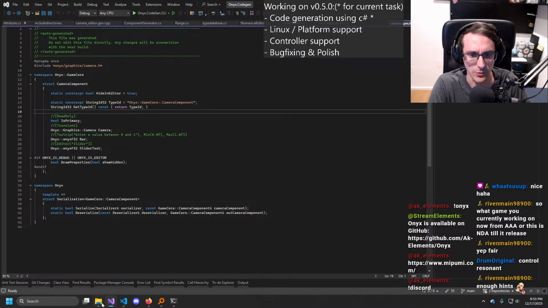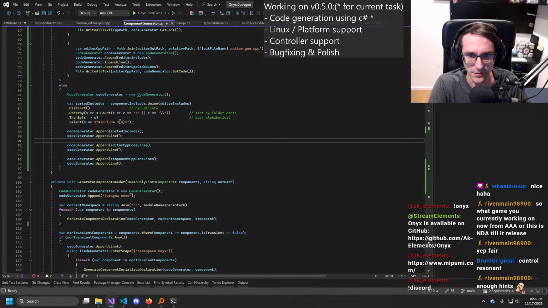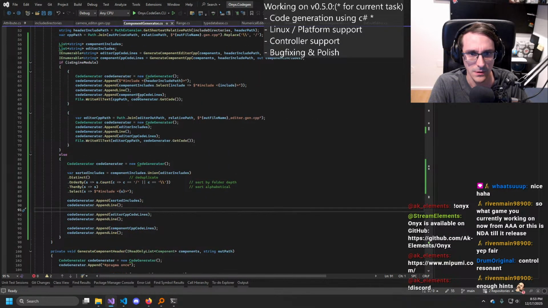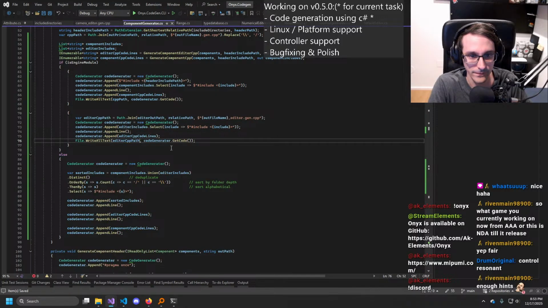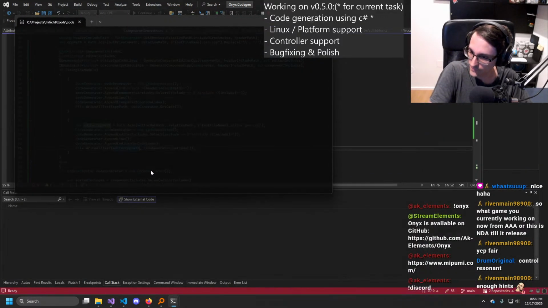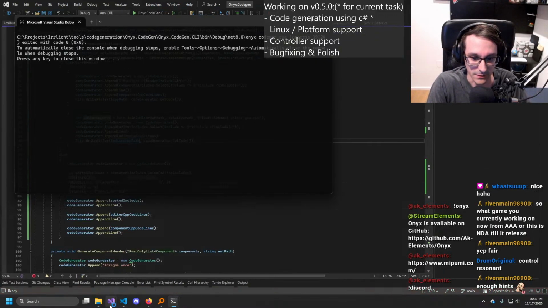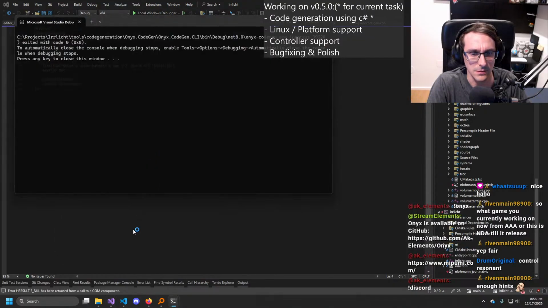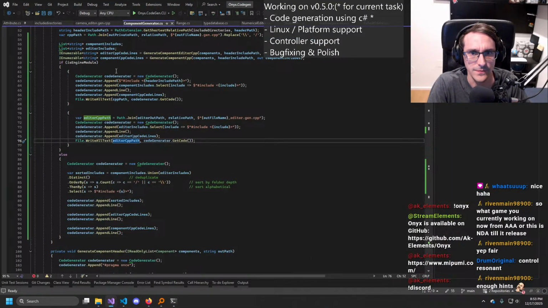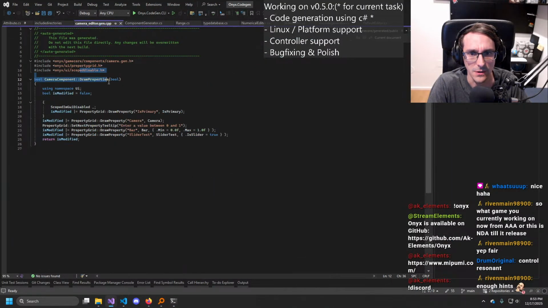Oh yeah, I think I know why. Where is it? Here we need the same thing, right? For the editor includes. Alright, so now that should be better. Or never mind, wrong solution. Yeah. Okay,